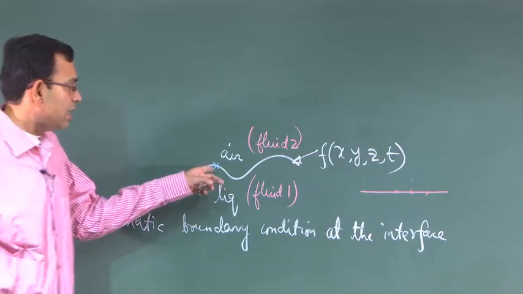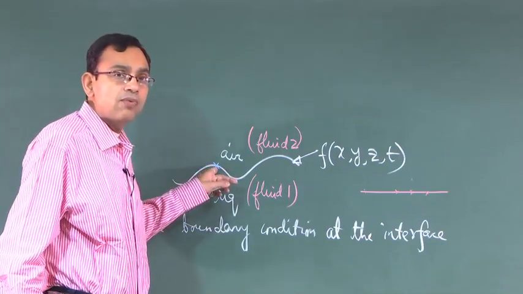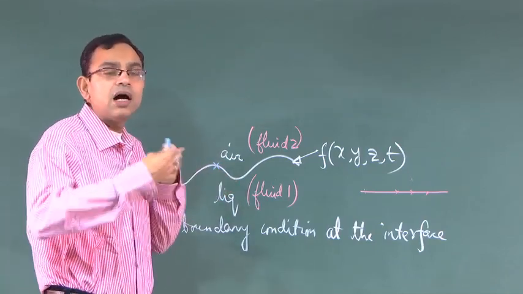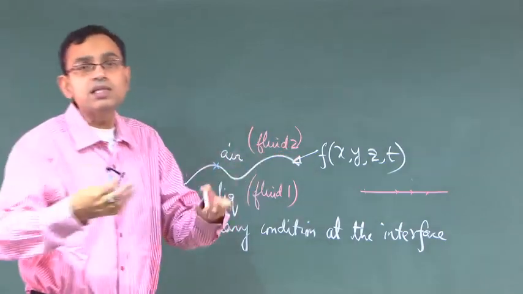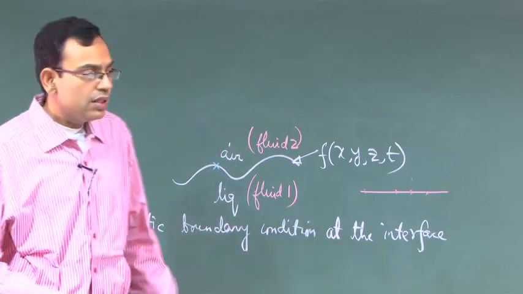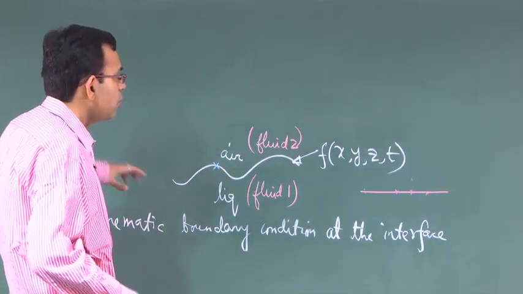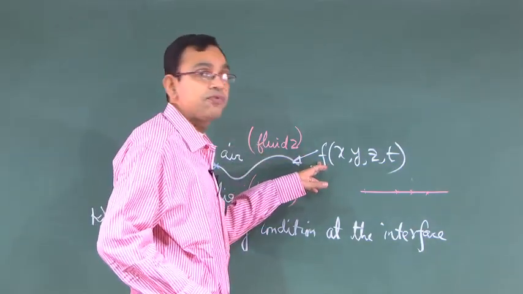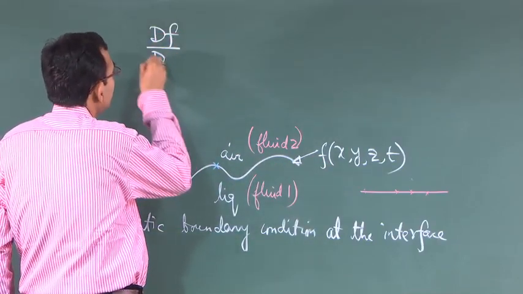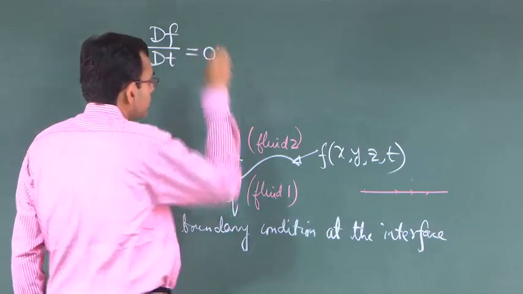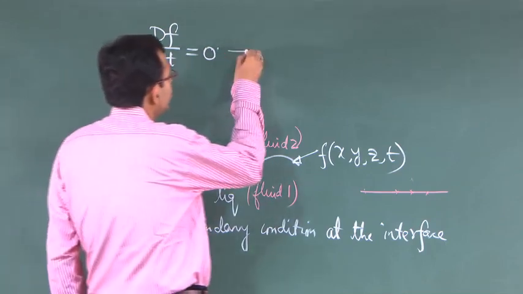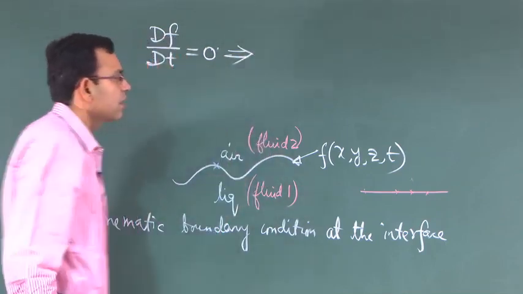You will find yourself always located on the interface, no matter how the interface is evolving, because you are sitting on that interface itself. So, that means there will be no total change in f. In other words, the total derivative of f with respect to time is equal to 0. So, this total derivative means